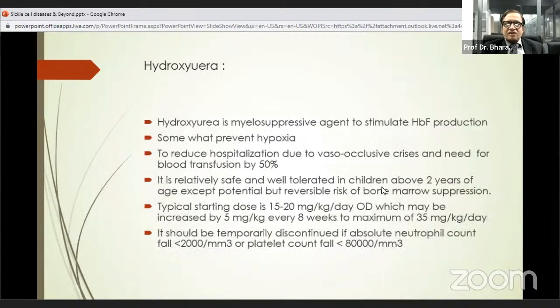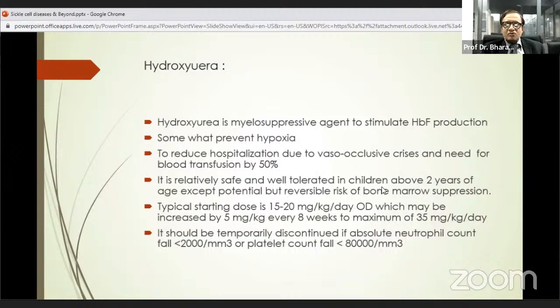The main treatment of sickle cell crisis is hydroxyurea. Hydroxyurea is a myelosuppressive agent that stimulates HbF, and somewhat it prevents hypoxia. It reduces hospitalization due to vaso-occlusive crisis, and also reduces blood transfusion by 50%. It is relatively safe and well tolerated in children above about 2 years of age, except for a potential but reversible risk